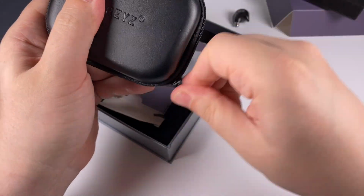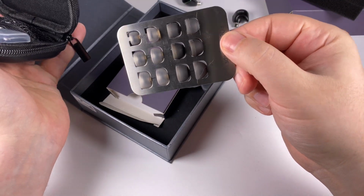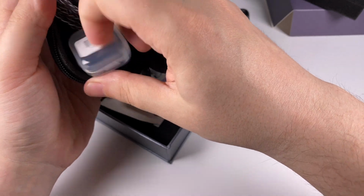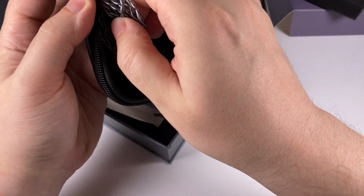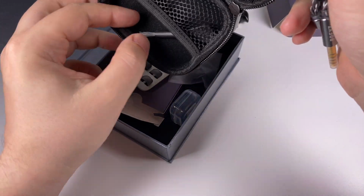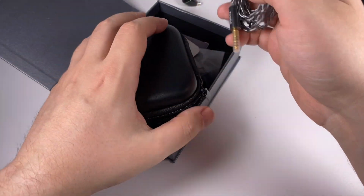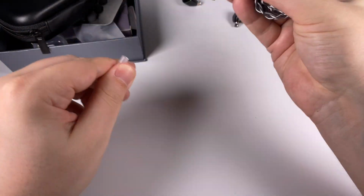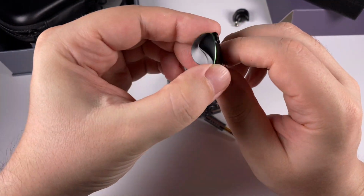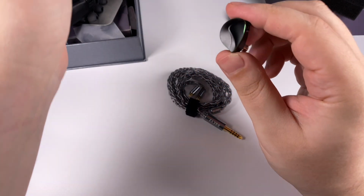Here we get another two sets of tips with a good practical metal organizer, a pair of foams, stock cable, this one is Pentacon, but you can select an option you'd like, and the cleaning tool, which can also be handy sometimes. So in terms of design, they have that classical shape, really good, really interesting swirl, and